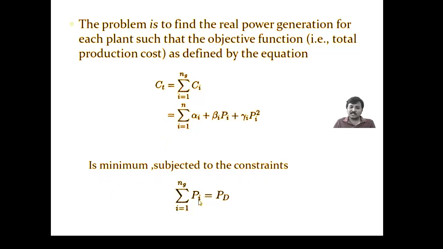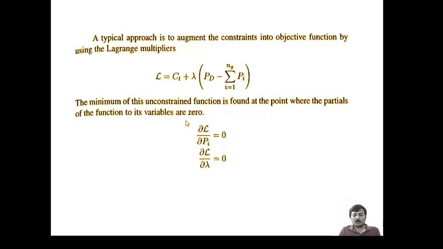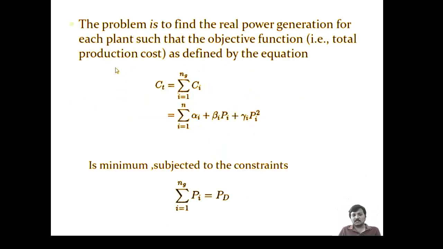Subject to a constraint. What is the constraint? The power generation of all units should be equal to the demand. This must be maintained. If this constraint is not met, it is not useful, right? Whatever the demand is, that much power should be placed on all the generators. So this is the cost function with the equality constraint: the sum from i equals 1 to n of Pi equals PD, where PD is the load power. This is the problem statement of the economic load dispatch problem.